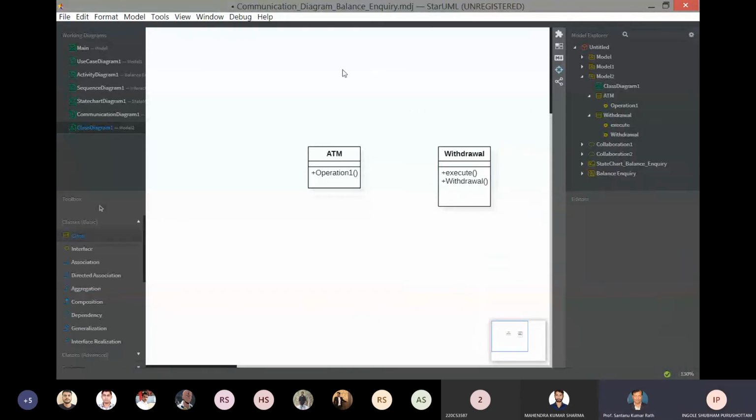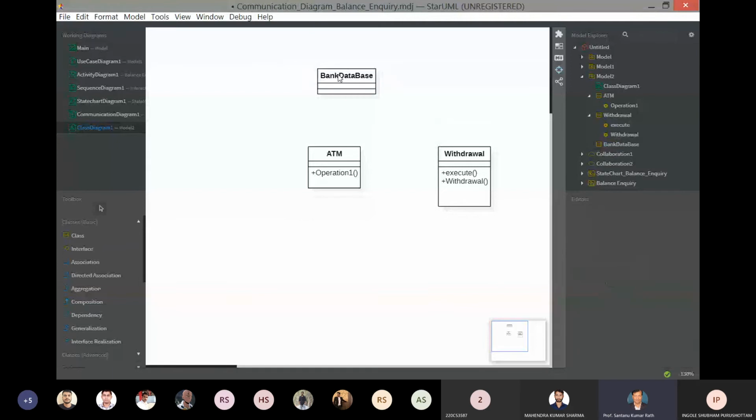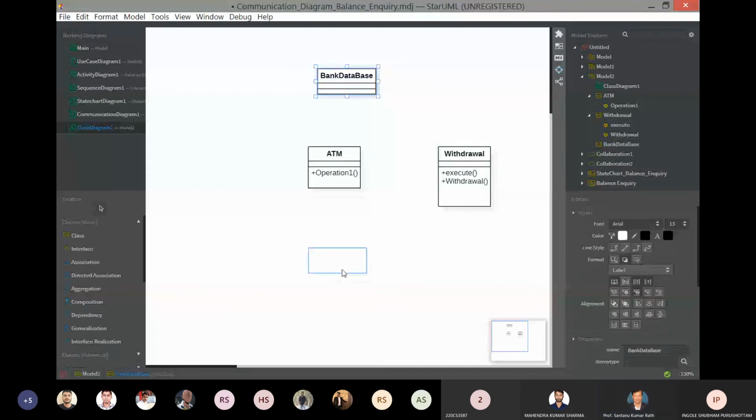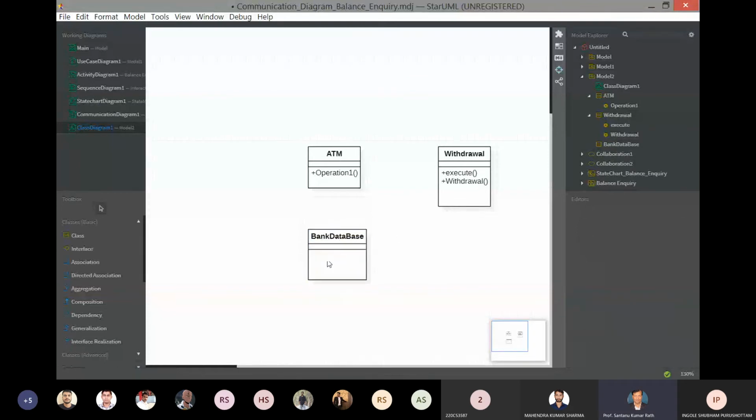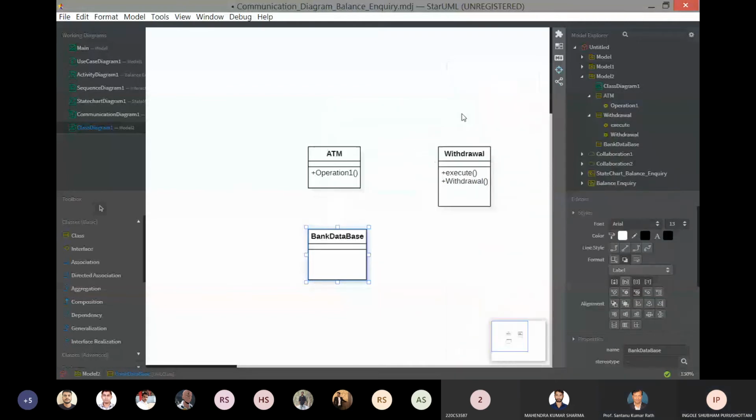I am taking another class. Right click, add, and you can see the operation.